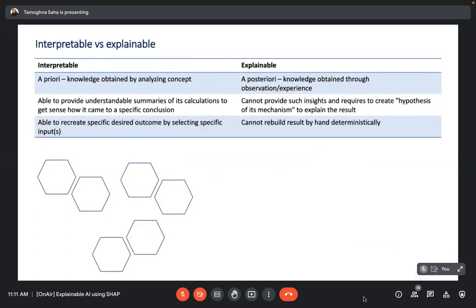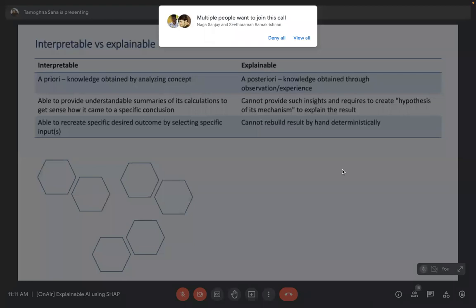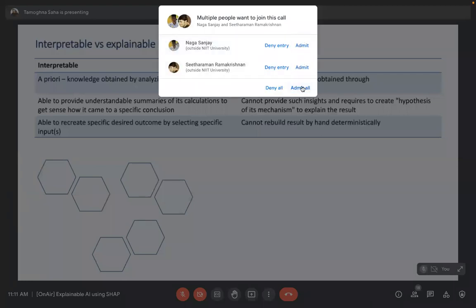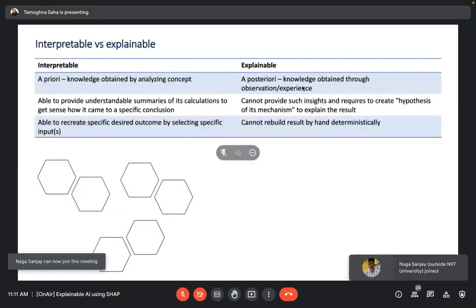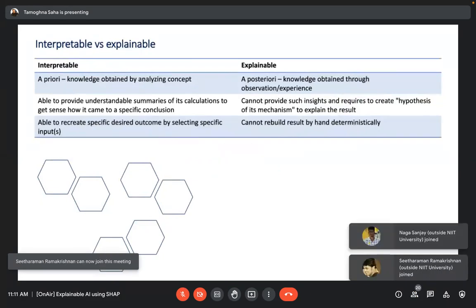Whereas explainable is kind of like knowledge that we obtain through observation and experience, kind of like having a SME for a particular topic, and then based on that we will be able to explain it. But sometimes if that information is not available to us, then interpretation will be useful in those situations.